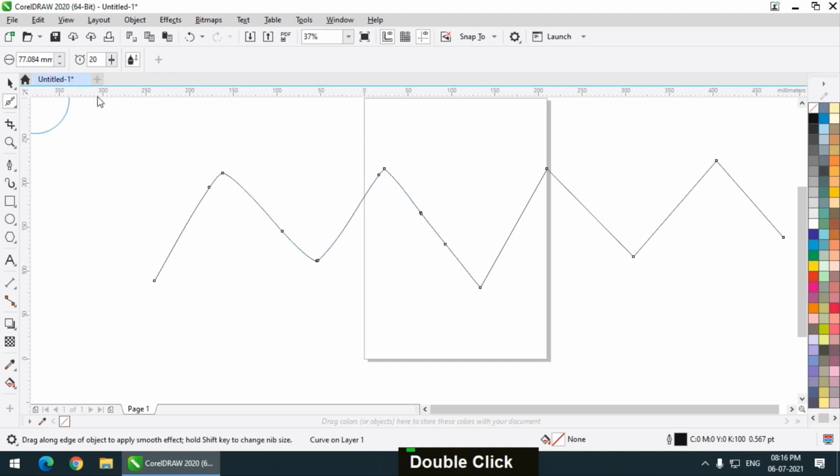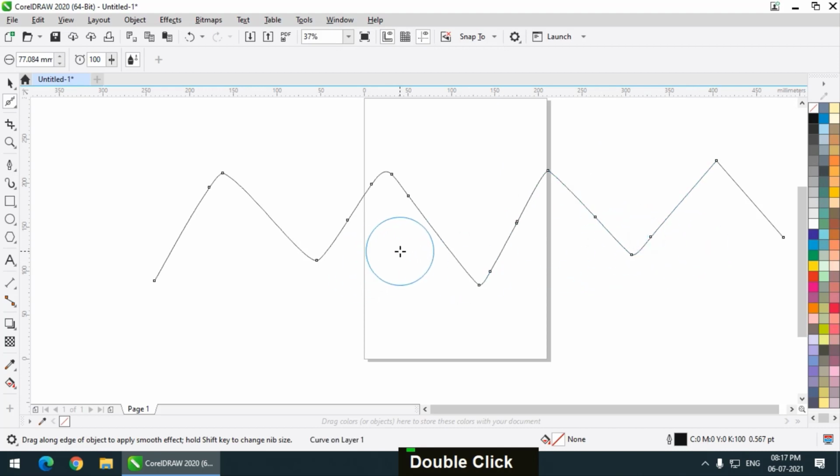You can also change the size of the nib. This is called the nib size, and this is basically the speed of the brush. If I increase the brush speed or rate, it will become quicker or faster. As you can see clearly, it has become faster. So you can choose the speed or the rate of the brush according to your convenience.